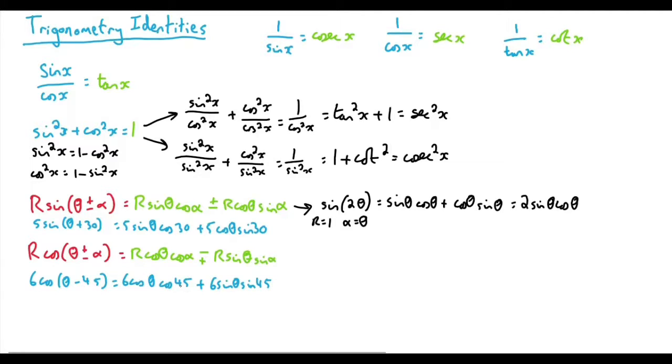And once again, if we were trying to get this into this condensed form, we'd just have to identify what is the r and what is the alpha. Again, example will be given in a minute. As with the addition for the sine, though, we can once again do a double angle for the cos. So cos 2 theta, where again the r is 1 and alpha is theta. Here, therefore, plugging it into this formula, you'd end up with cos theta